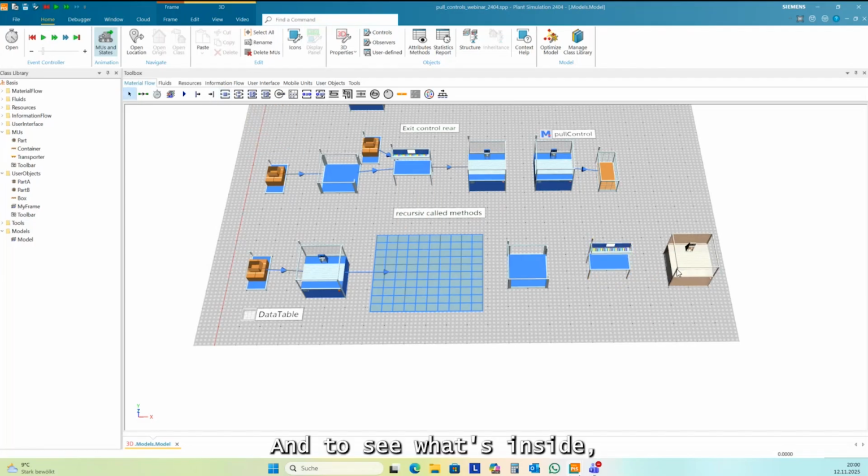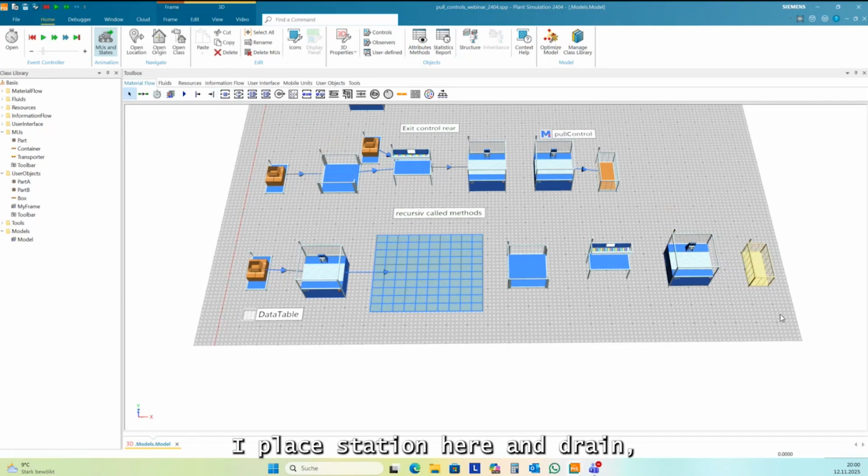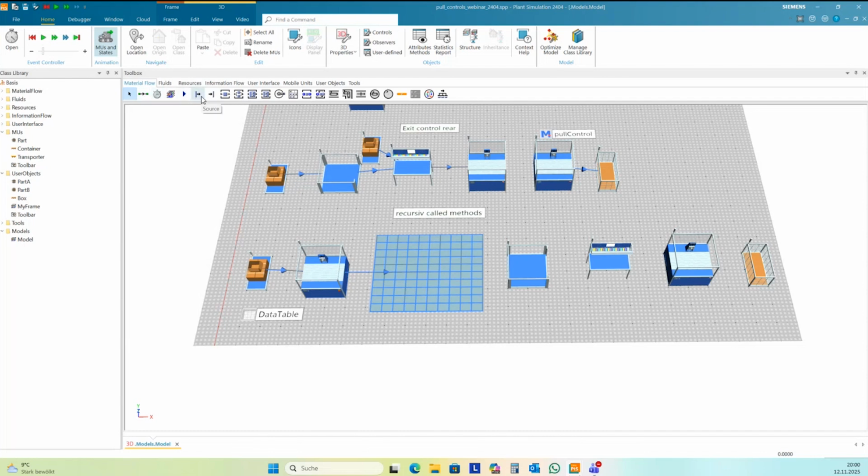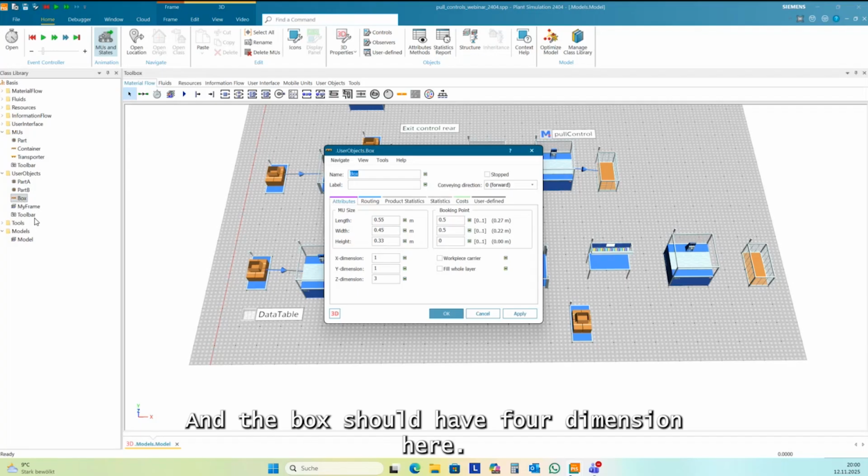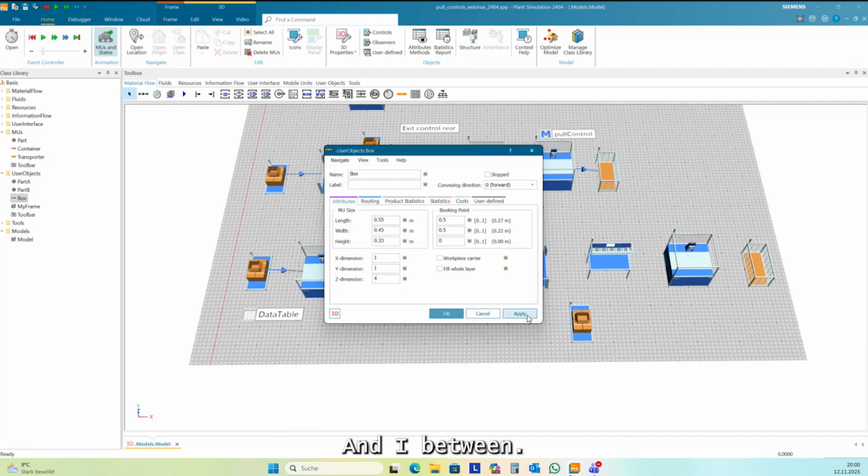And to see what's inside, I place a station here and a drain. And I need a source for the box. And the box should have 4 dimensions here, not 3.